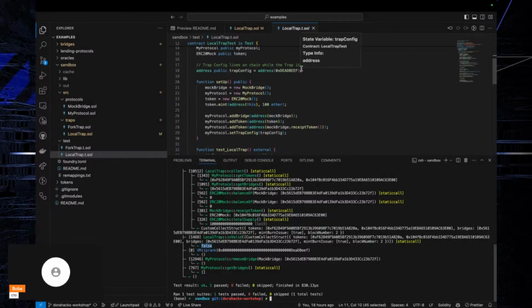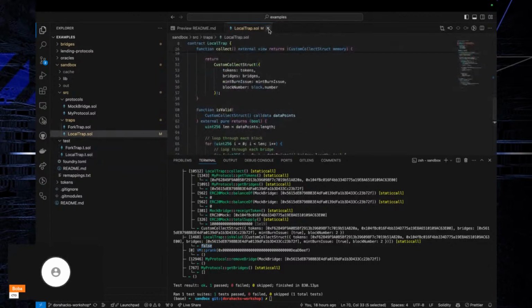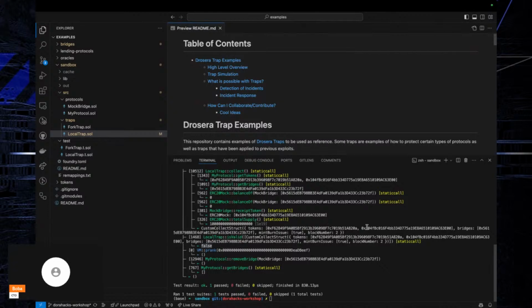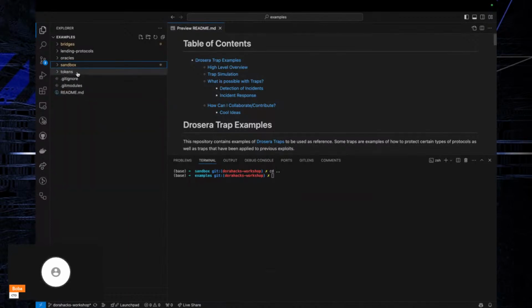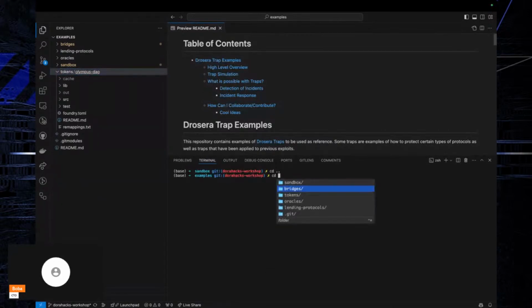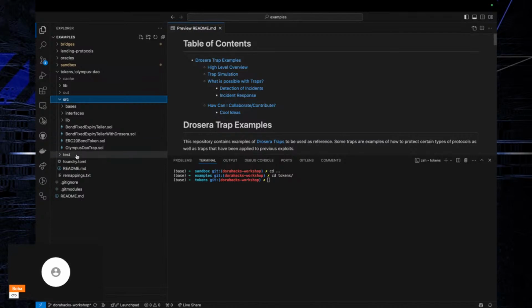So this is another good example of some simulation of trap experimentation. Okay. So I think lastly, what I'm going to show you guys is the more advanced example. I won't walk through all of it because it is a bit more advanced, but it is pretty cool just to see. So the first one we're going to look at is going to be the Olympus DAO hack. So let's go there and let's look at